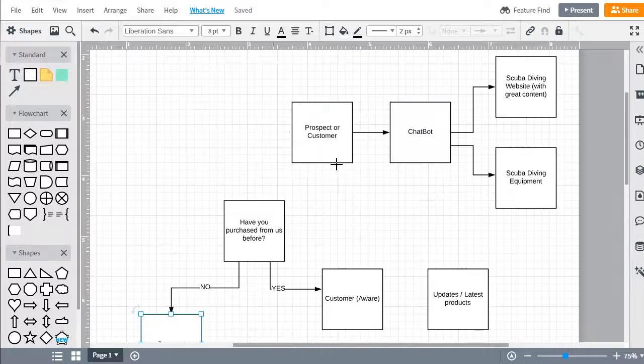So to give you some ideas, like I briefly mentioned earlier, if you're selling scuba diving equipment, for example, you could say something like the top 3 scuba diving equipment, the top 3 ways to scuba dive, the latest technology, stuff that doesn't even relate to the actual equipment. For example, if you're selling a yoga mat, you could teach about yoga.